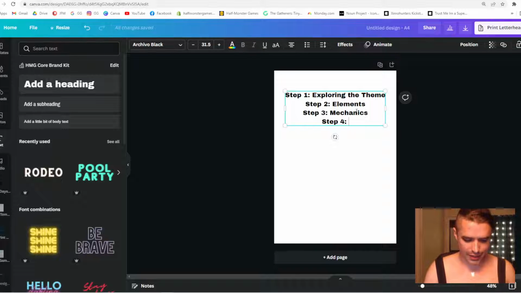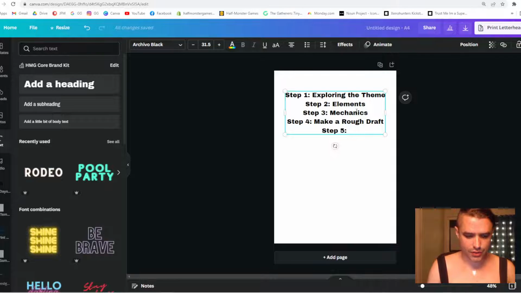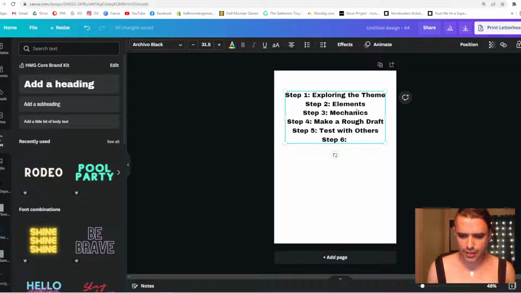Step 4 is where we make a very rough draft. That's something where I will print it out and have a play and a test, and I think that's the point that we'll get to this time. Step 5 is usually to test with others, so play it with other people and see what they think. And then step 6, which is usually